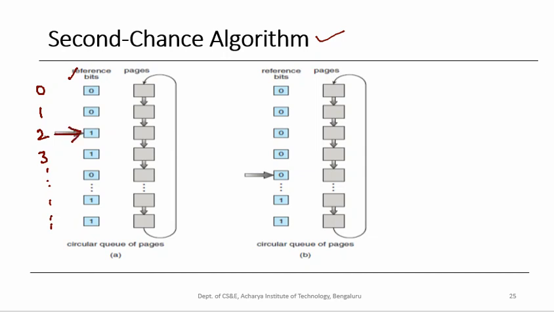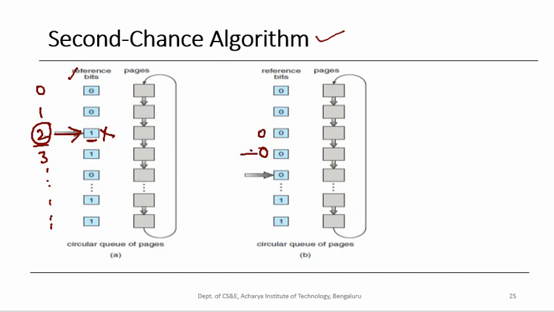Let's say we start looking for a victim page here. So we are looking at the reference bit value of page 2. These reference bit values are found in the page table. Now this is 1, which means that the CPU has referred this page. We may not get when that happened, but we will get the information that this page has been referred by the CPU. Now what we do, we give a second chance to this page. We don't select this page as the victim page. Instead, we make this entry 0.